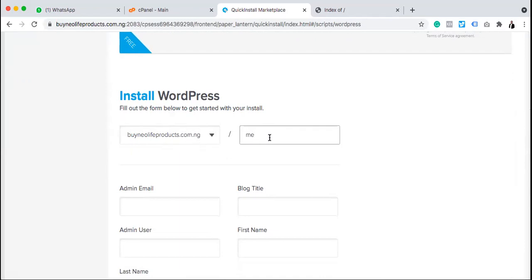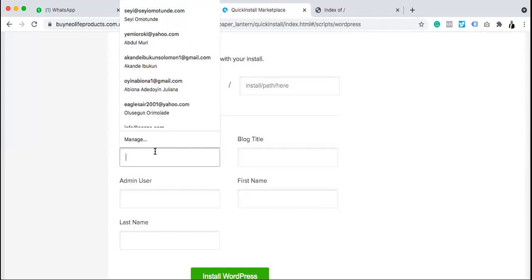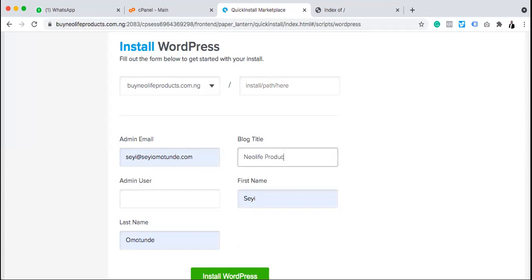Do you understand? So like the document you have, I actually installed it on /new for the purpose of that documentation. But in this case, I'm not doing that. I want to install it directly, right? So here we go. Here, what you need to do is supply the email. So I can say the email is sheyi@sheyomotoday.com. I can change the blog title at any time, but for now, I can say Neolife products,